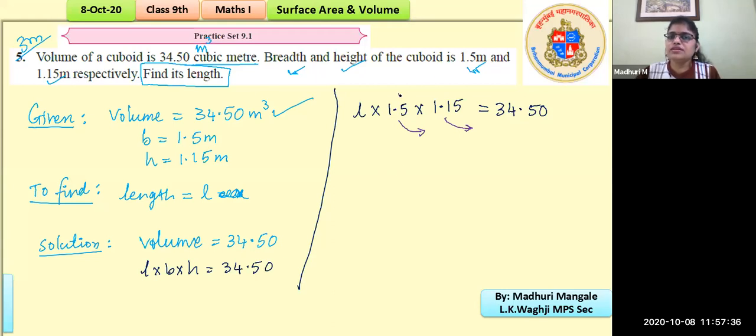That means we have to shift this 1.5 and also this 1.15 in one go. So both the numbers are in multiplication over here. It will be division on the other side. So it is 34.5 over 1.5 into 1.15. What are we doing? We are simply dividing. We took both the numbers to the denominator, fine. And we are not putting this last zero because it doesn't matter at all, putting those end zeros after the decimal point.